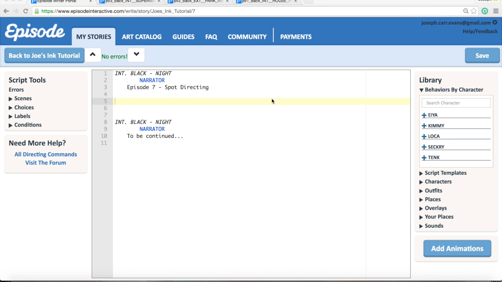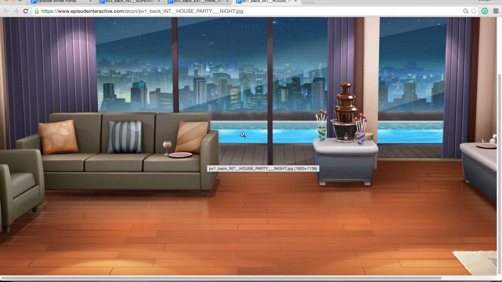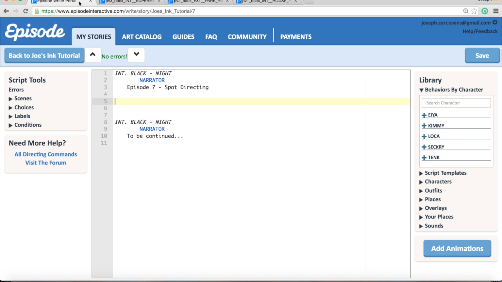So the first thing you're going to want to do is pick a scene. I'm going to use this house party one here. Let's say I want to have Loka and Tenk sitting on this couch right here. For that, we cannot use the default positions like screen center, screen left, back far left, any of those. We will have to use spot directing. So let's go back to our script here and write the scene's name. So it's int